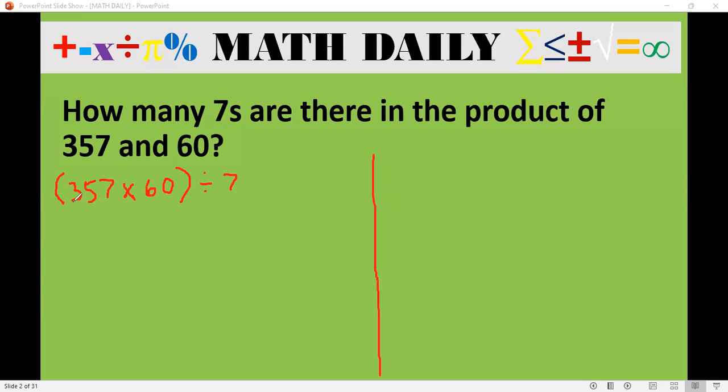If you are going to multiply now 357 times 60, you can just copy the 0. Multiplying now 6 and 7, that is equivalent to 42. So there is a need for us to regroup the 4. And then 30 plus 4 is 34. Then you have to regroup again the 3 there. 18 plus the 3 is equivalent to 21. So the product that we are getting here is